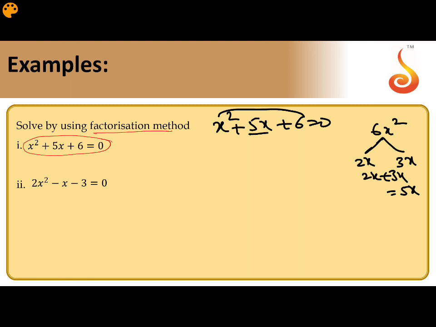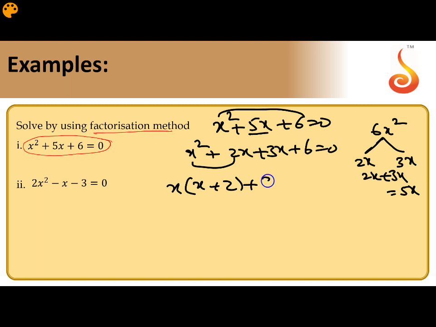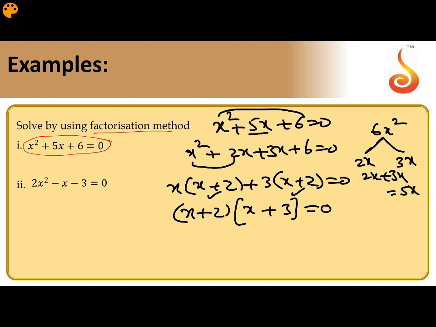So now we can rewrite the equation x square plus 2x plus 3x. You can write any order. 3x plus 2x also gives same answer. So now you can take common, x common from the first two terms. X plus 2. Next, what is common? 3 common. X plus 2 equal to 0. So now further x plus 2, which is common from the equation. What is left out in the first term? X. Second term? 3. So after common factor, now we got x plus 2 into x plus 3 equal to 0.